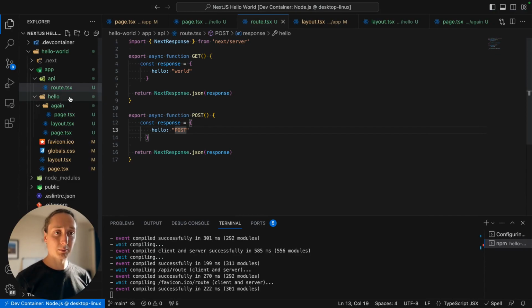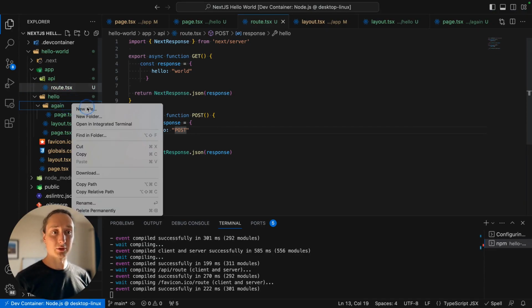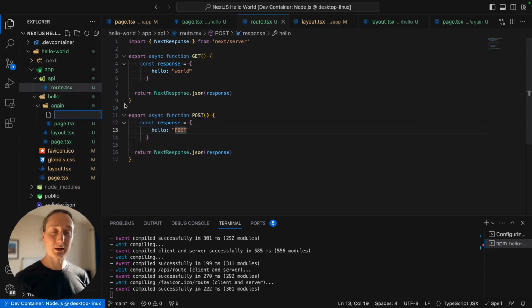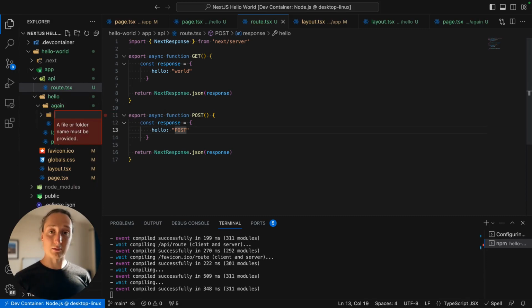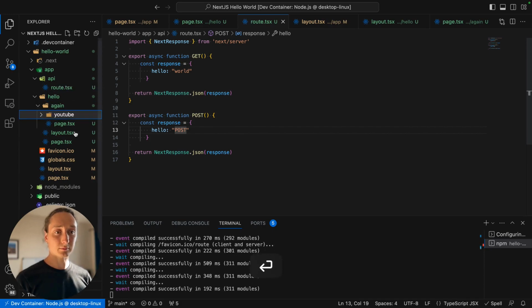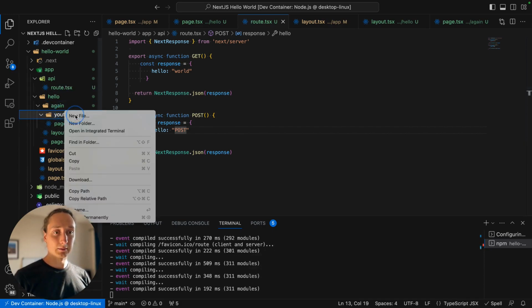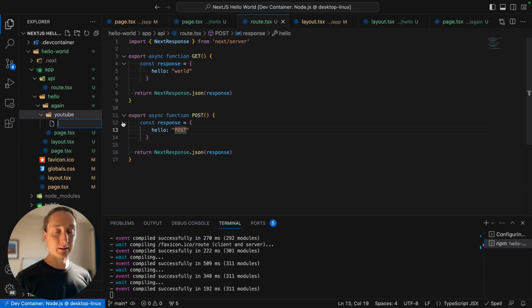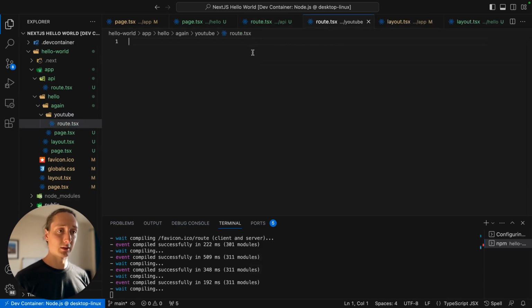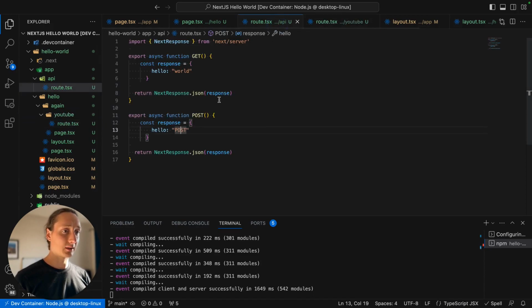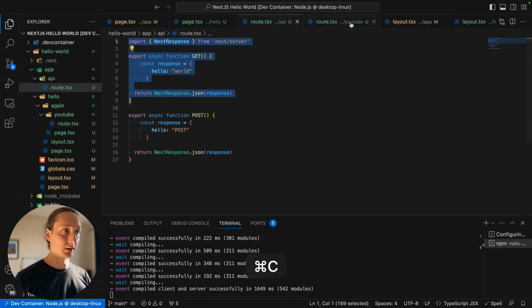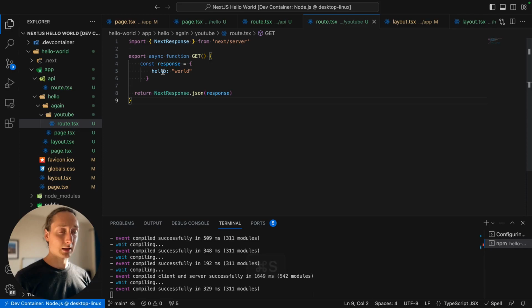So if you want to create an API route somewhere else, you can, for example, create a folder. It doesn't have to be called API. We can, for example, create a folder called YouTube. And then here we create a route.tsx, and we then do the same thing as we did here. We take these, boom, and